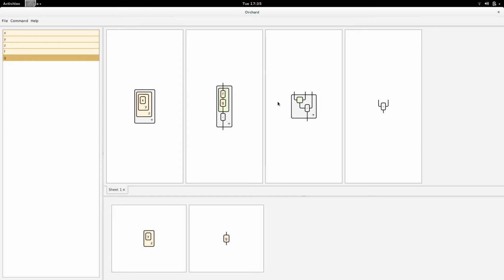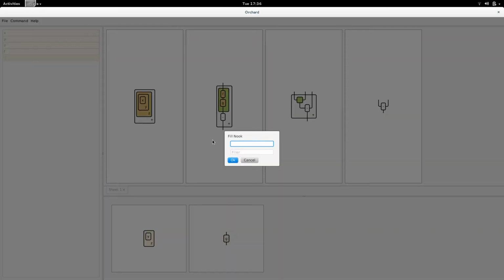So they're always going to come in pairs, and you fill the top one. So here I got this one and this one. I'll select the top one, and I will do this command up here, which is fill nook. Okay, so if I select that, Orchard will now ask me for a name for both the composite and its